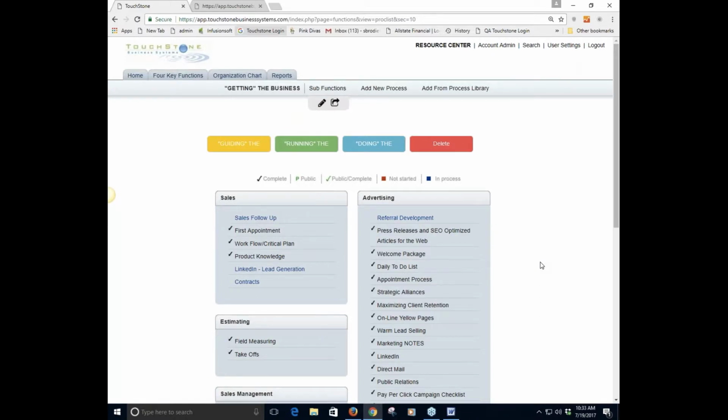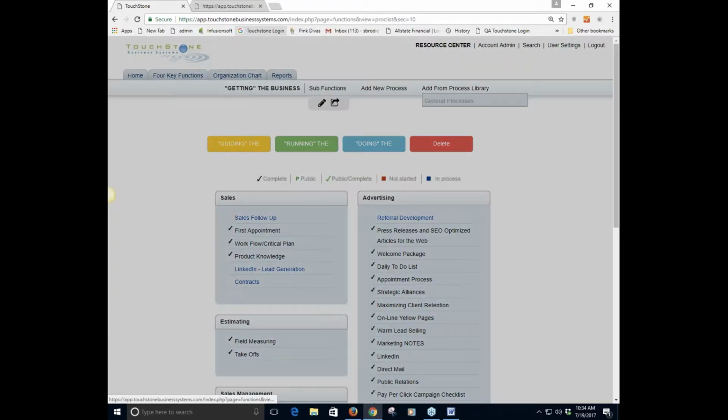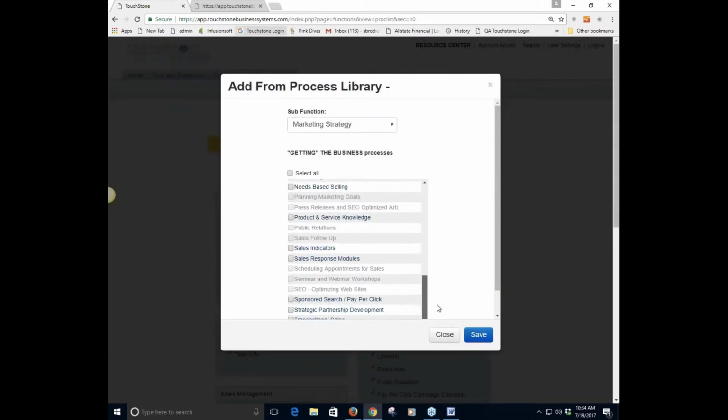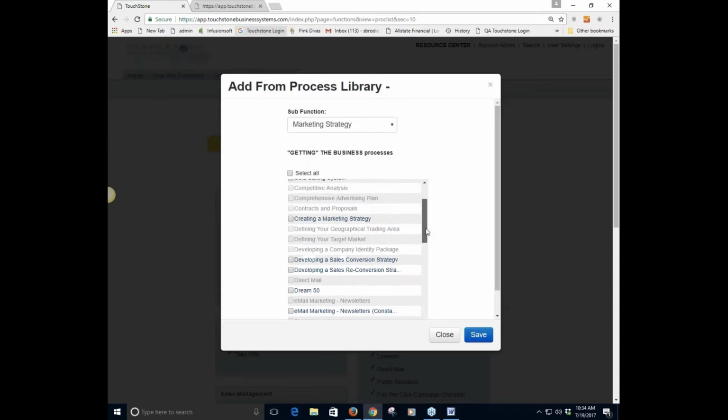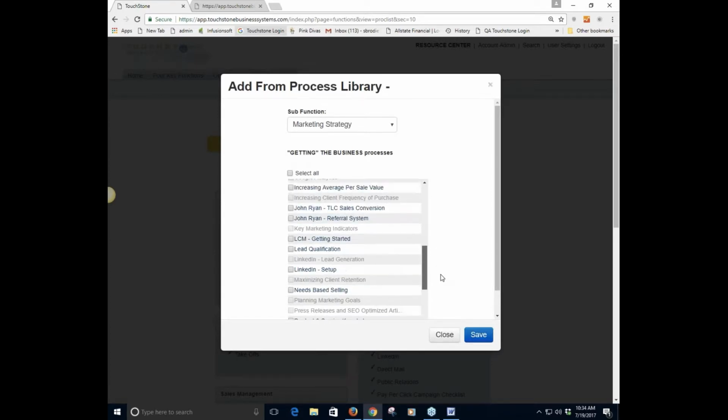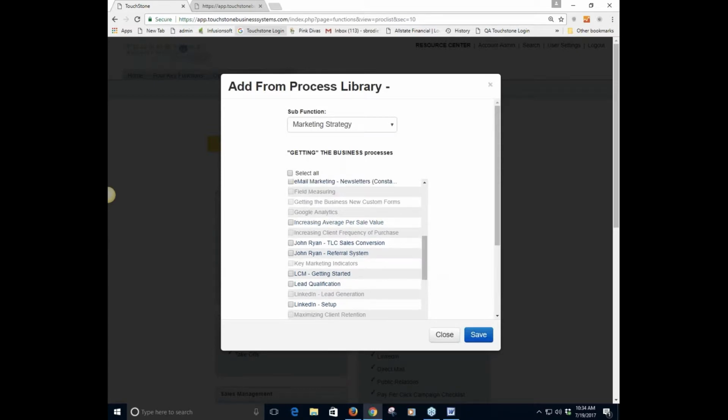So if you want the custom form for one of the library processes you've already downloaded, then you can go to the library, and inside of each of the four functions, because each of them has different library processes, you go add from process library, and then down here you'll see custom forms or getting the business custom forms. Let me find it. This one's grayed out because it's already in my account, but you can take this one